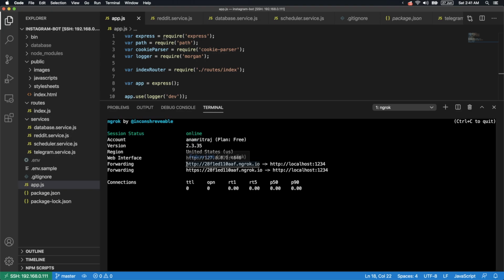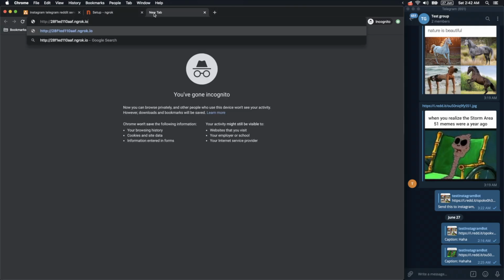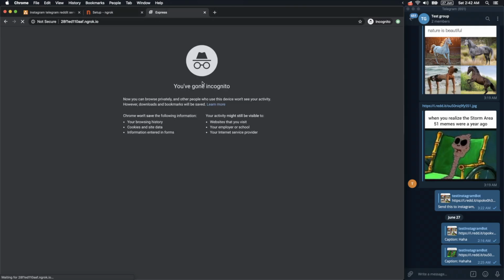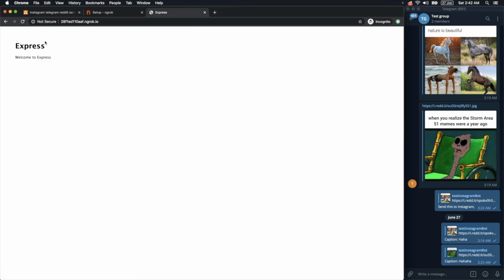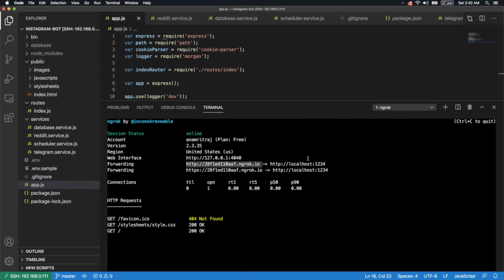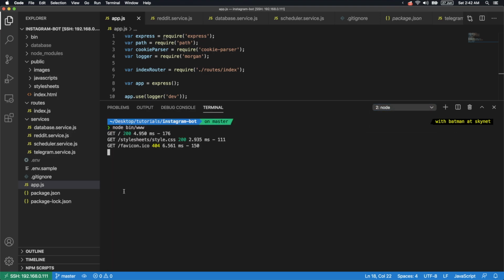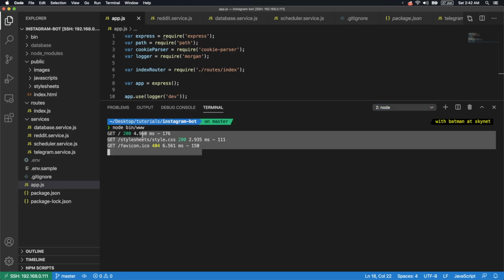So it just gave me a random URL, and if I click follow this URL, let me simply copy this URL, and if I go to this URL, the request should come to our local machine, and I think it does. So these are logs from, not sure where these logs are from, but we'll go to our server, and yeah, these are exactly the logs